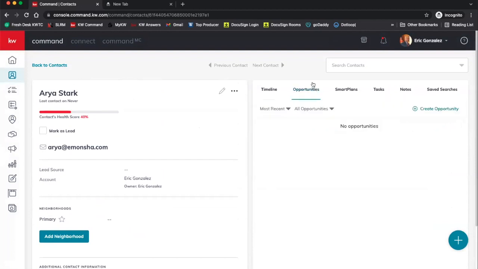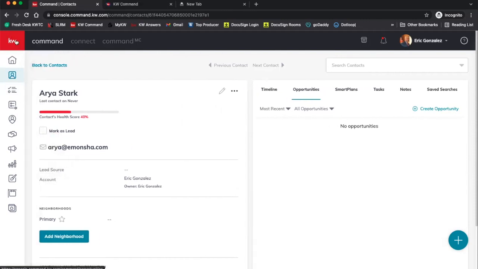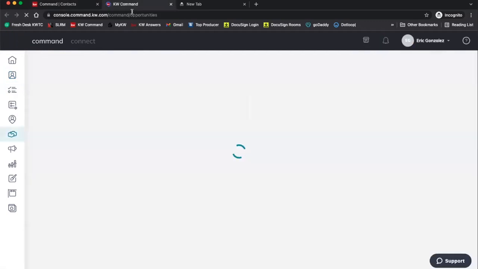We're going to be working under opportunities. We're going to create an opportunity using this create opportunity button now that we've created the contact. Before we do that, I'm going to go over here and click on opportunities and open up a new window. You can create an opportunity two ways. You can enter the contact in and then go under opportunities once you click on the contact and click create opportunities, or you can just open the opportunities portlet after you've created the contact,